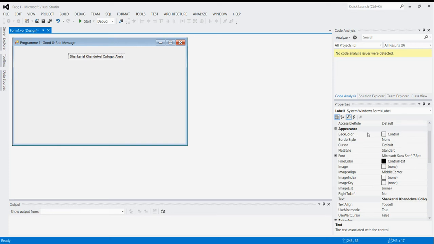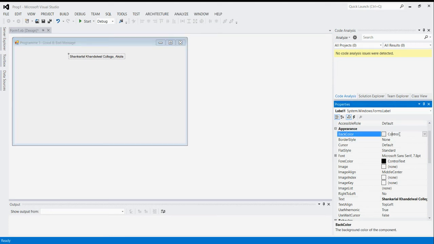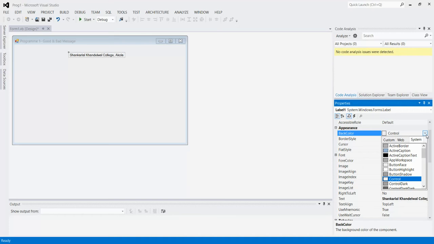Then I go to the BackColor property of that particular label. I will select Custom color from here and change the background color of that label.